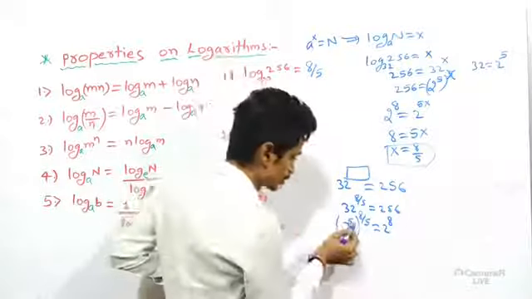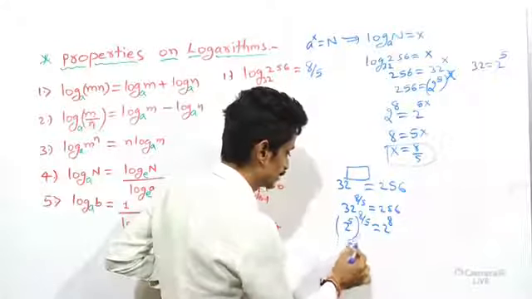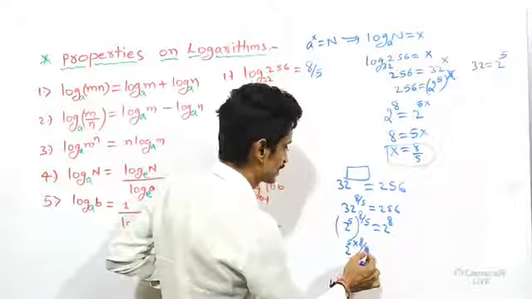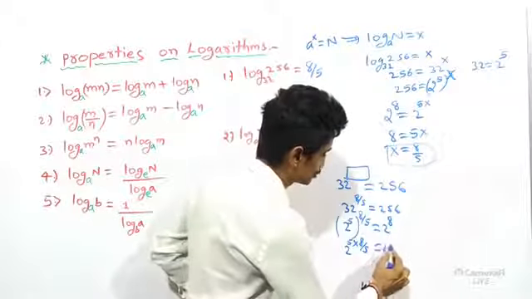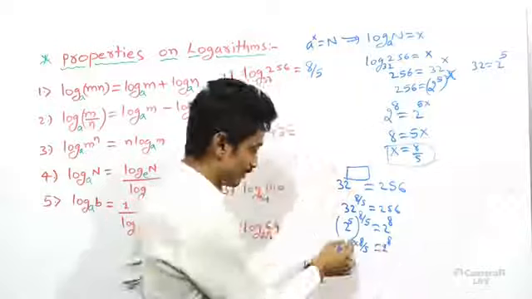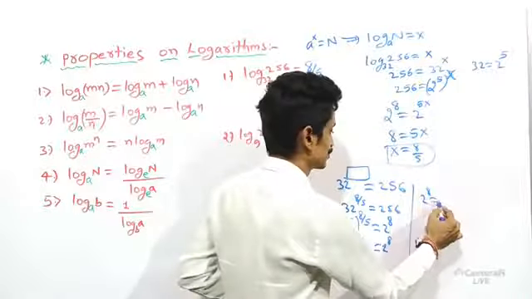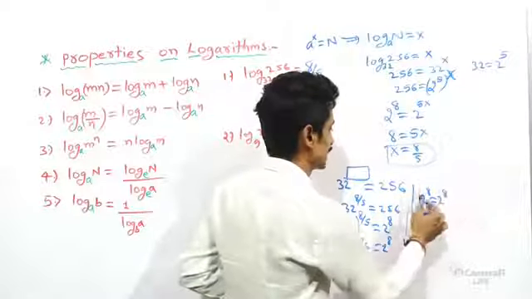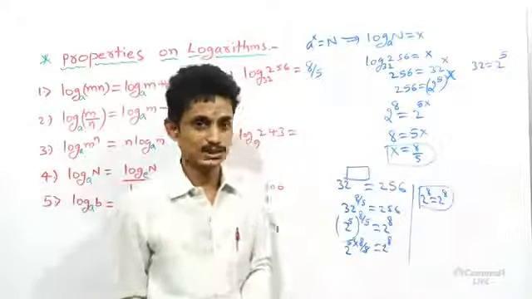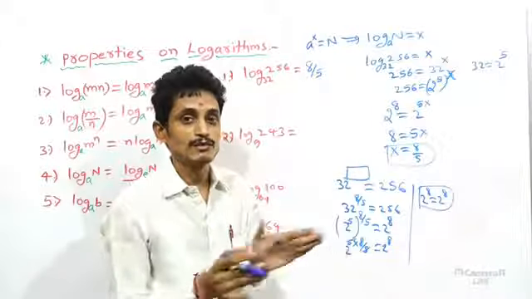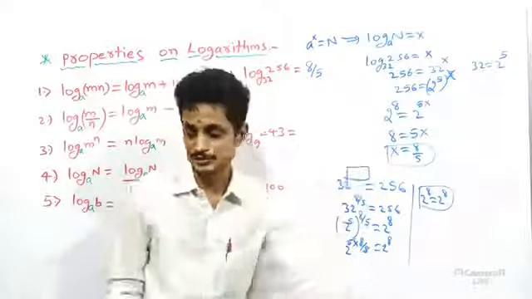After this, look at the third law of exponents. According to it, this m into what is there? 8 upon 5. Clear? Equal to this is 2 power 8. 5 and 5 cancel. What remains? 2 power 8 is equal to 2 power 8. So these numbers become the same. Exactly, my answer is correct. If the answer were wrong, we would not get the result. Understood here?